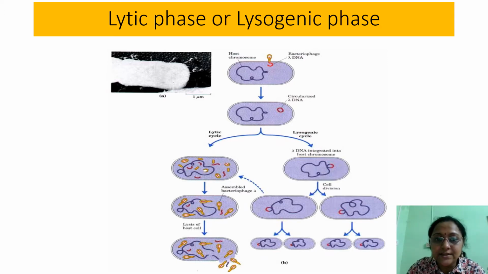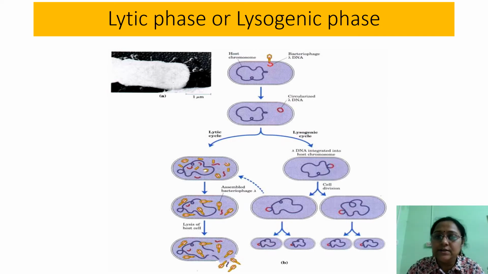In the lytic cycle, the viral DNA replicates and it also captures the bacterial cell machinery and starts producing its own proteins, that is, the bacteriophage head proteins and bacteriophage tail proteins. After that, the head and tail proteins will assemble and form the phage particles. Then the bacteriophage particles will get the viral DNA and they will be released from the bacterium and can then infect many more bacteria.